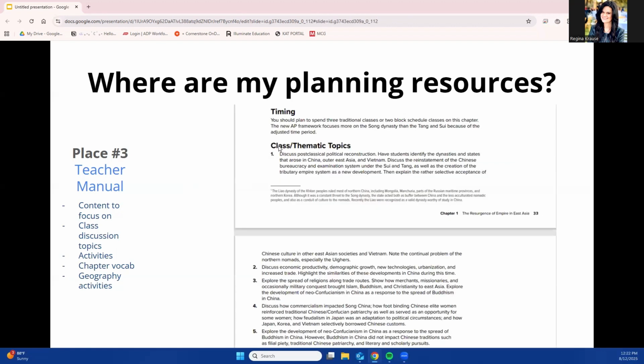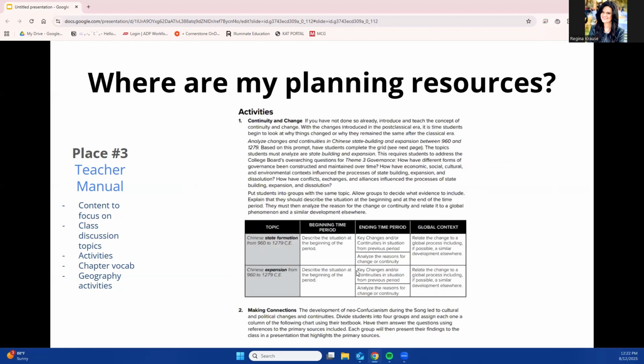It will also include this thing called class thematic topics. These are your discussion questions that you would incorporate, and you'll see on the WAG kind of these bigger topics to really guide students through the content. And then you'll have your activities when you scroll down. These are going to be things students could do in pairs, in groups, individually. You'll get to decide that, and it gives some degree of instructions to help guide your planning on how to